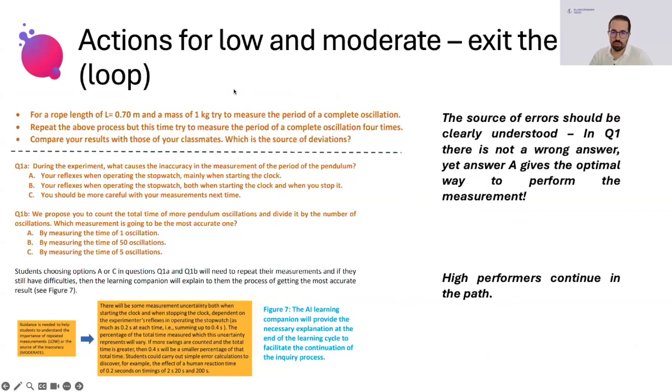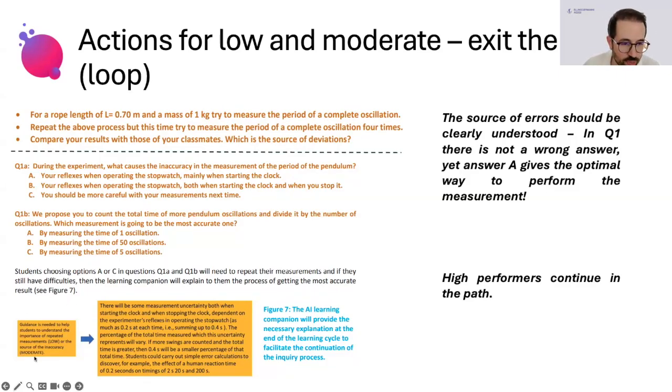And here I'm trying to show you that. So immediately a virtual lab will be presented to them and we will say, okay, for a rope of length 0.7 meters and a mass of 1 kilogram, try to measure the period of a complete oscillation and then repeat the above process, but this time try to measure the period of a complete oscillation 4 times and then compare your results. We ask them again some questions, and if they fail again